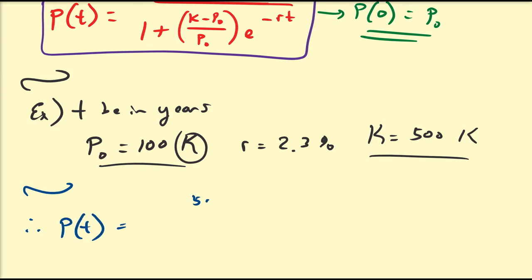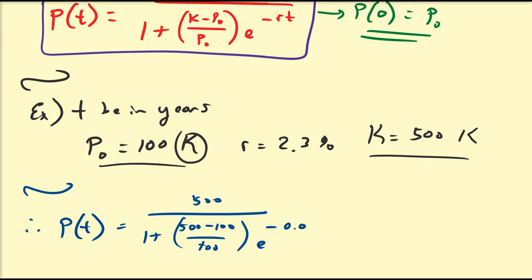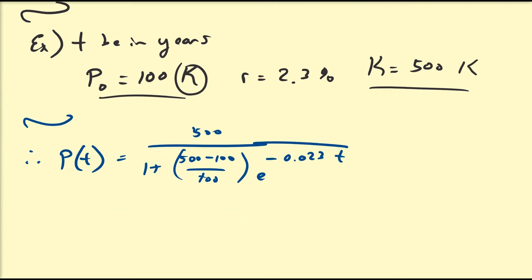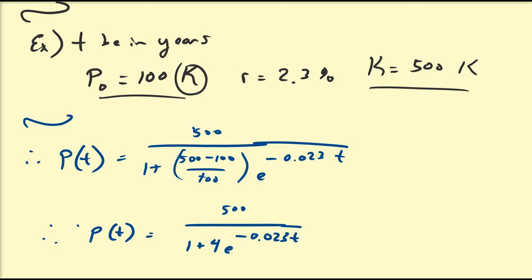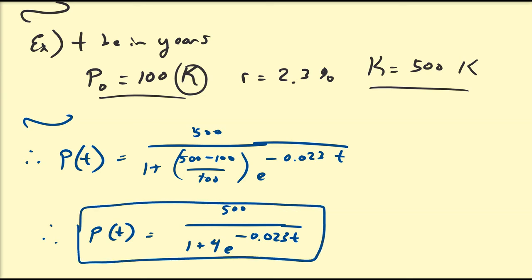So that's going to be equal to 500 all over 1 plus (500 minus 100) over 100, so 100, times e to the minus 0.023 times t. So 500 minus 100 is 400, and 400 over 100 is going to be 4. So we can look at a simpler looking model. P of t is equal to 500 all over 1 plus 4 times e to the minus 0.023t, right? And I'll leave as an exercise to figure out